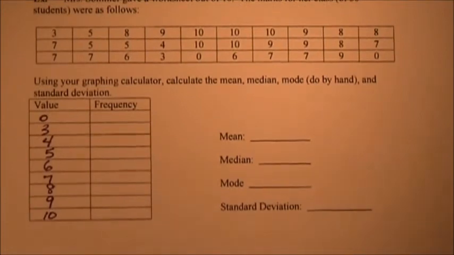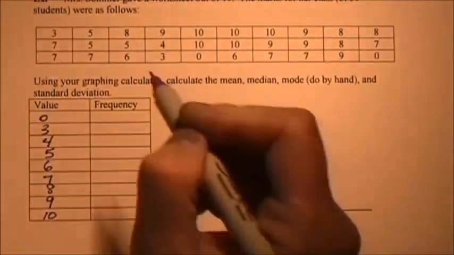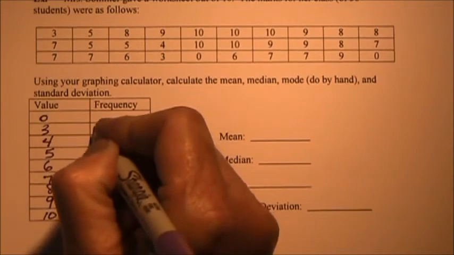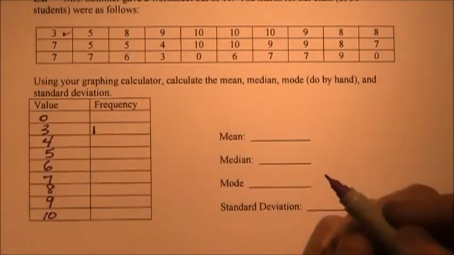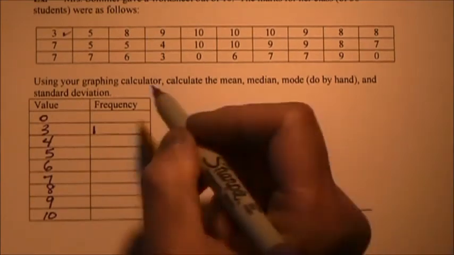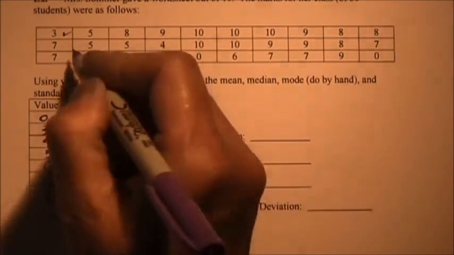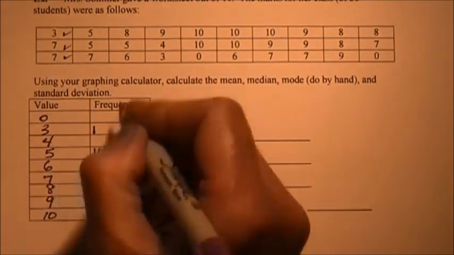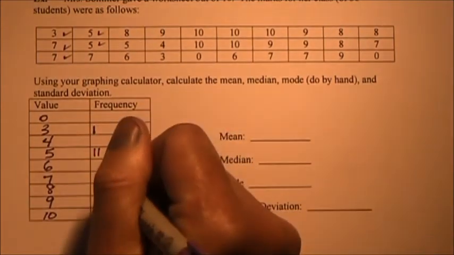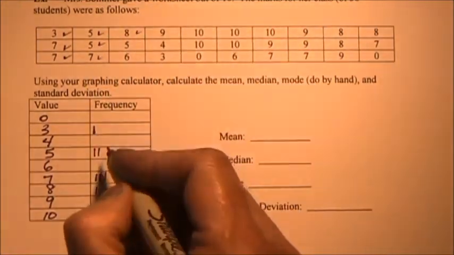We can then use tickies to figure out how often each of them happen. You can either work across or you can work it down. So we have a 3, and I tend to put a ticky check beside the number once I've used it so that I know where I have, especially since we have 30 values here. It's going to take me a little bit. If I stop, I'm going to need to remember where I left off. So as we go through and fill in our frequency table,